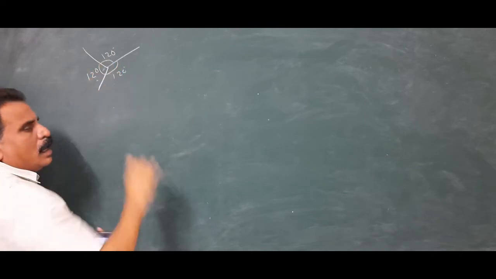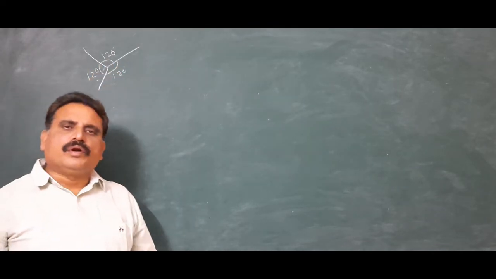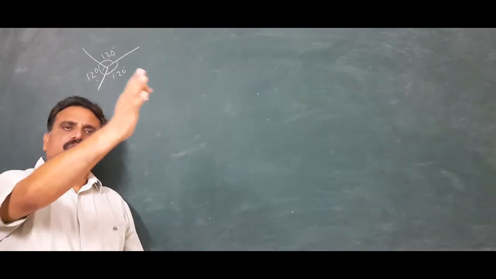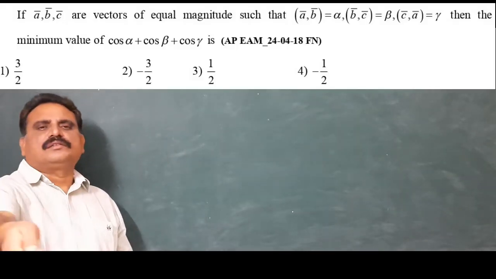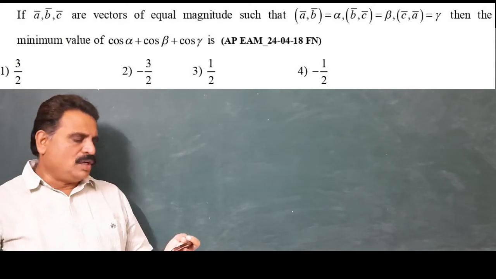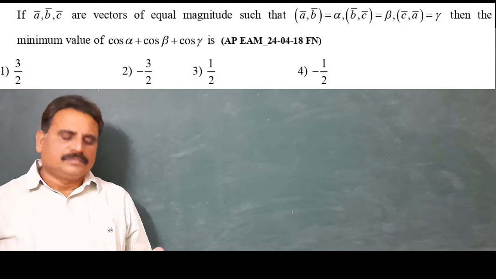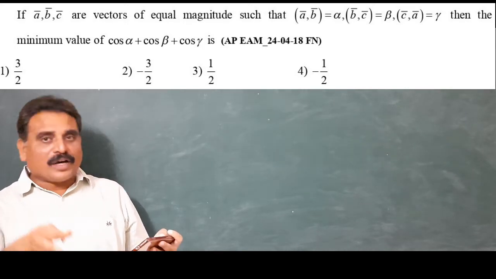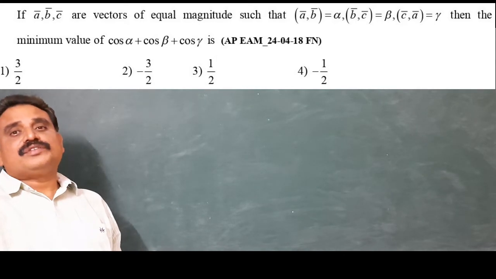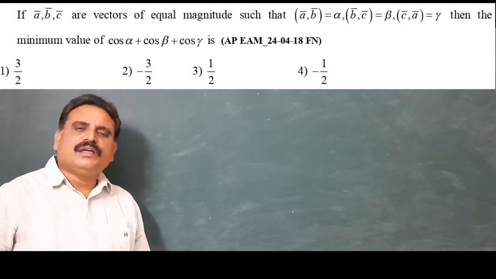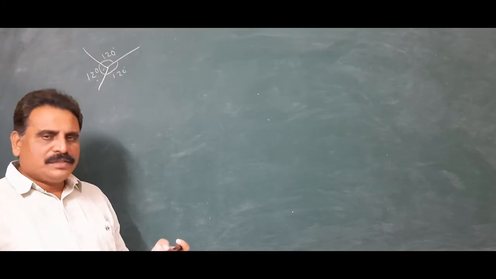So if you take alpha equal beta equal gamma equal 120, cos 120 is minus 1 by 2, minus 1 by 2, minus 1 by 2, so minus 3 by 2 is the answer. That is the minimum value. You check that. Minus 3 by 2 is the minimum value. Actually, among the options, the minimum value is minus 3 by 2. Is minus 3 by 2 possible for any values of alpha, beta, gamma? Let us check that. We can easily identify that alpha, beta, gamma equal to 120. Right? Next question.